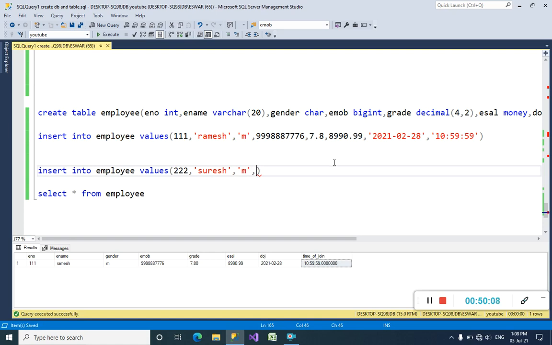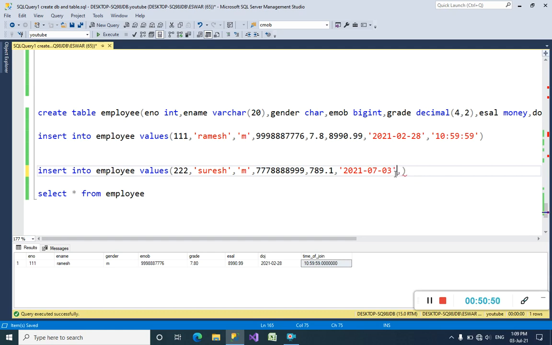Male. Next we want to write the mobile number, 888 and so on. His grade is, I want to store 79.1, guys. And for date of join, if suppose that guy has joined today, then we would need to write 2021, and today's date is July 3, guys, in this format.